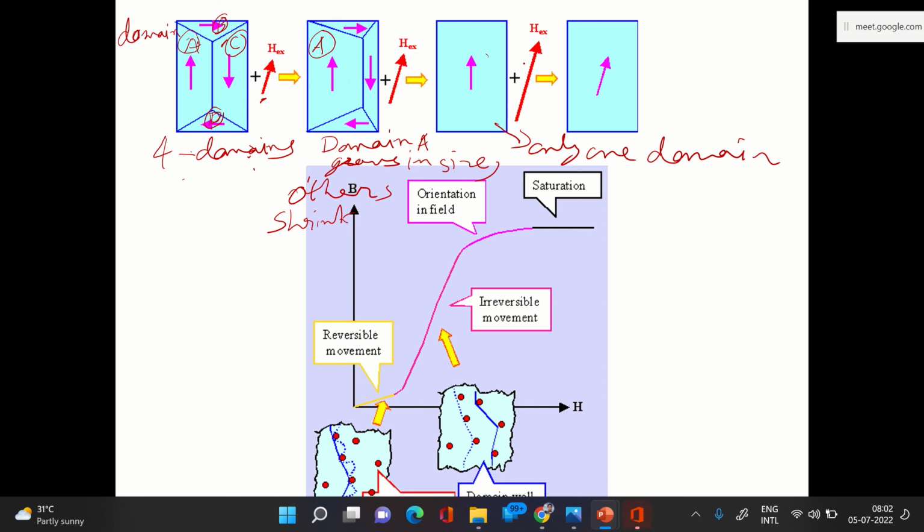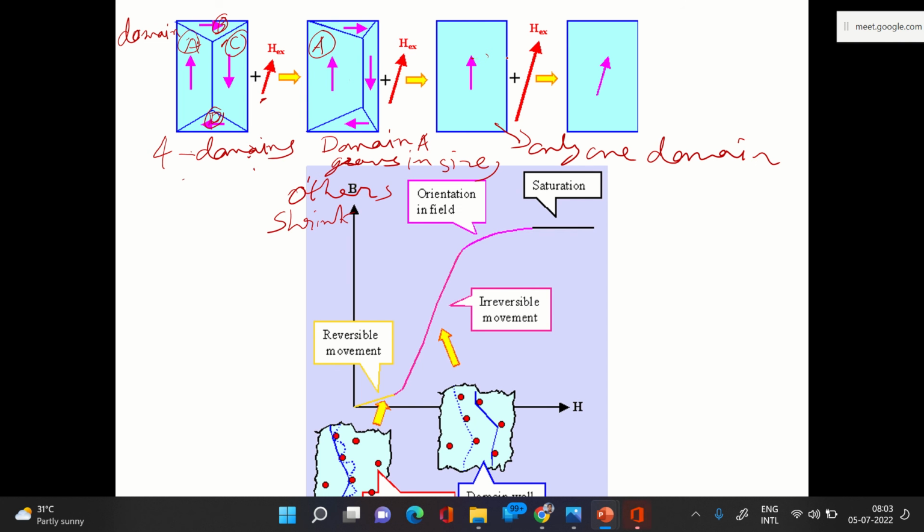What has happened is that the domain wall has shifted. Domain A has grown, meaning its boundary has changed. So we say that the domain wall has moved. Motion of the domain walls has occurred, and finally we are getting a single domain, which has